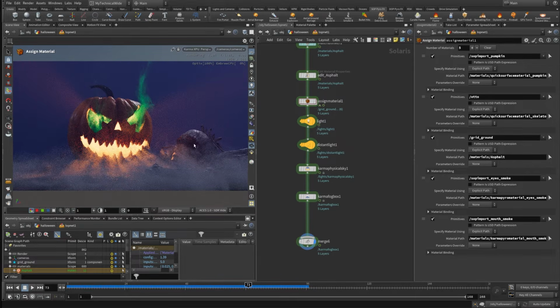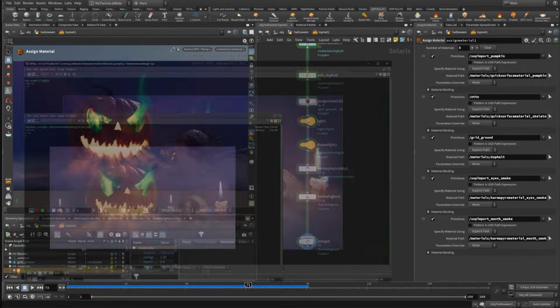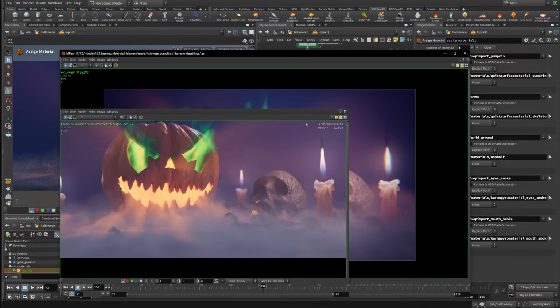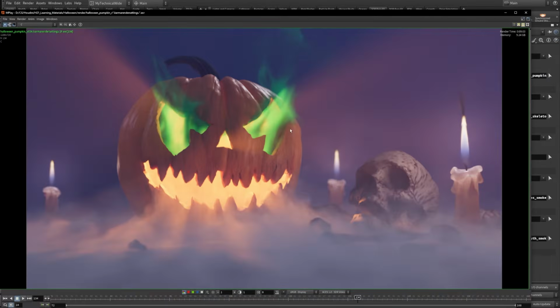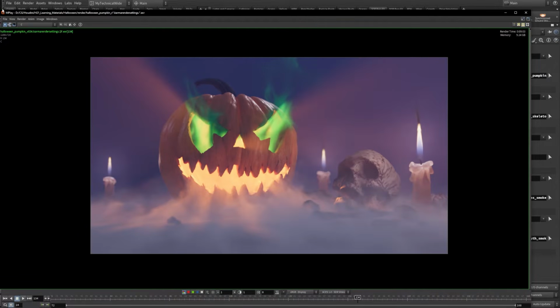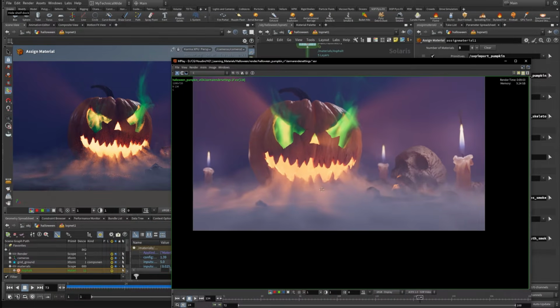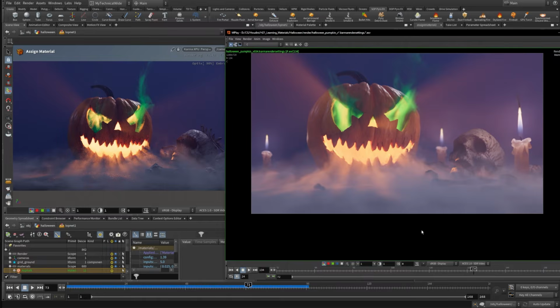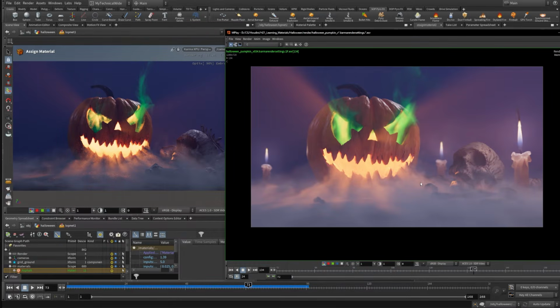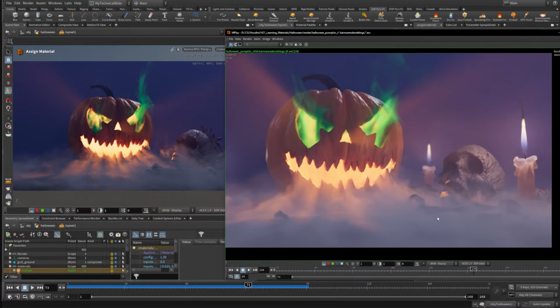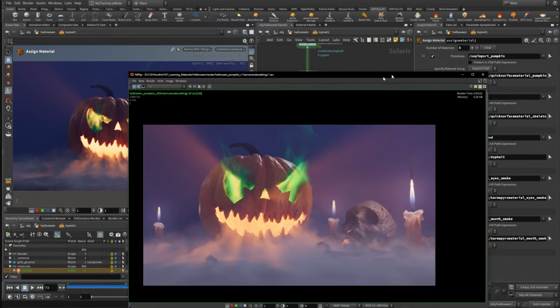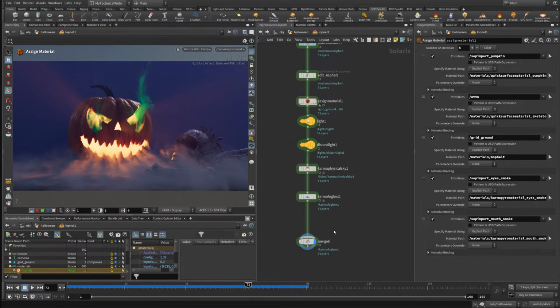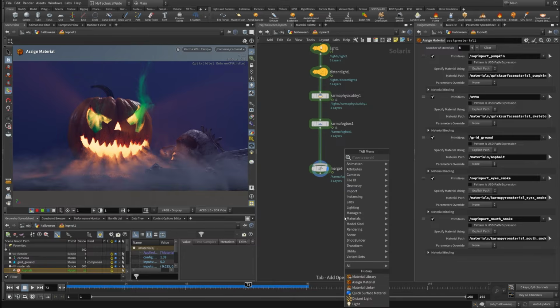So what I did for the final, I actually have the smoke much brighter than you can see. I think we need to just do this, yeah. Okay, so you can see that the smoke is brighter here, and that's because I'm having an extra volume scattering in the smoke. So you can achieve that by putting down Karma